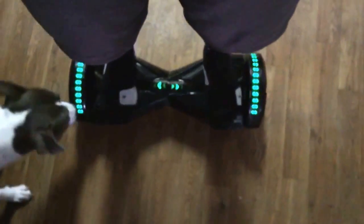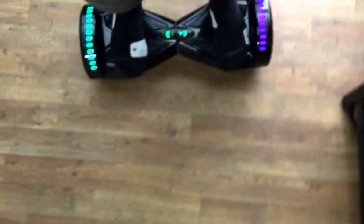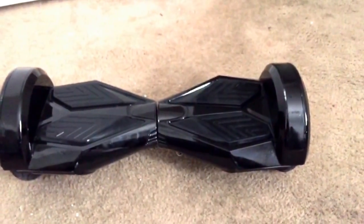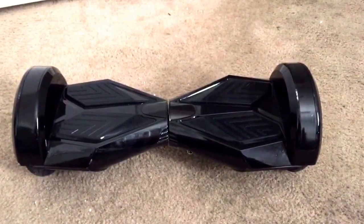Steps. And yeah, dogs are curious as hell about this thing. They're like, what the hell is it? Here we go. Bump. Wow. The capabilities of this thing are really good. The more you lean, the faster it will let you go, so take your time. And that is my brief review on the 10-inch self-balancing board, aka Isle Hawk, Funky Duck, UWheel,